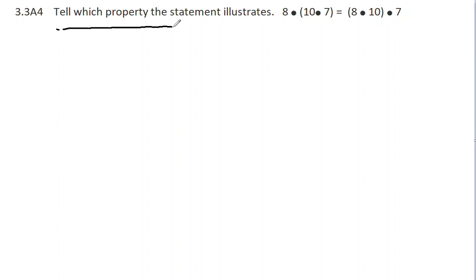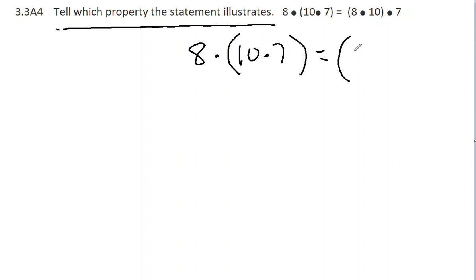Tell which property the statement illustrates. So what we have is 8 times the product of 10 times 7 equals the product of 8 times 10 times 7. All right, so what this statement is supposed to illustrate is that even though we group these differently,